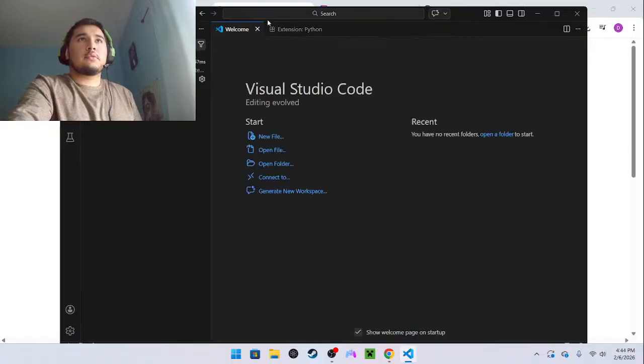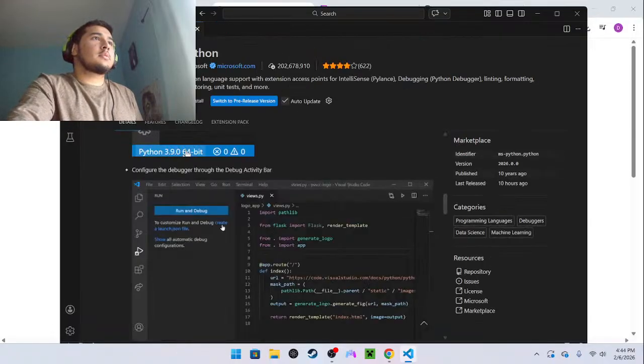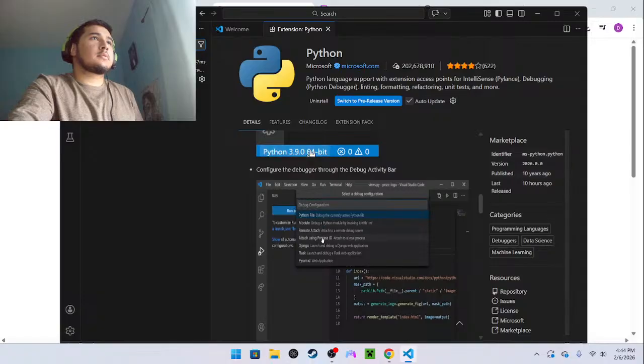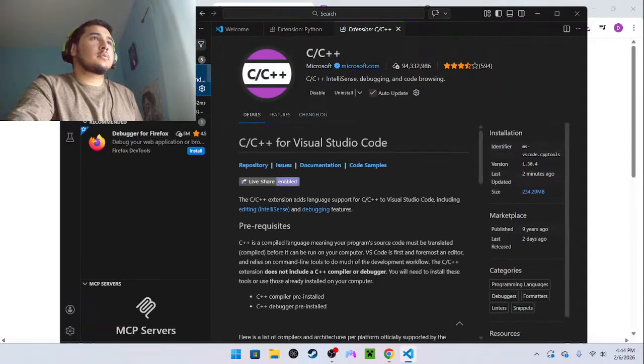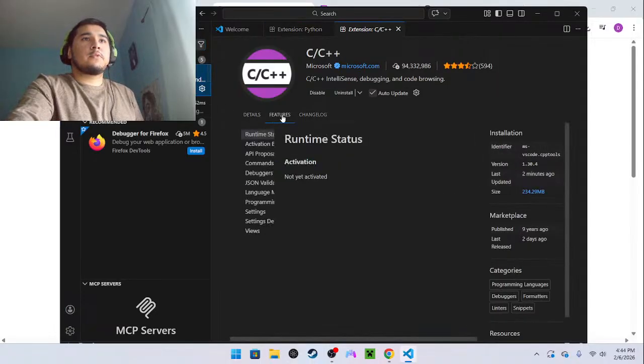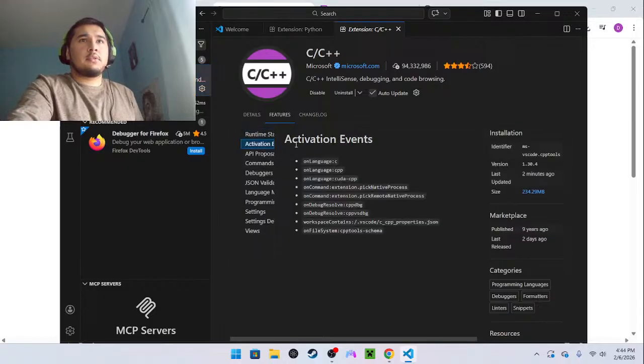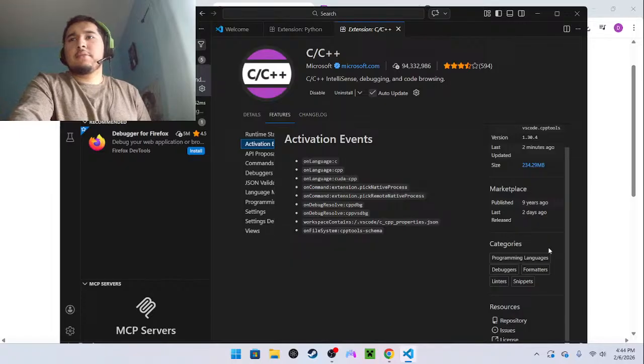Mark done. Let me go back to extensions. Features. Activation: not yet activated. Activation events. What? I didn't activate it yet?